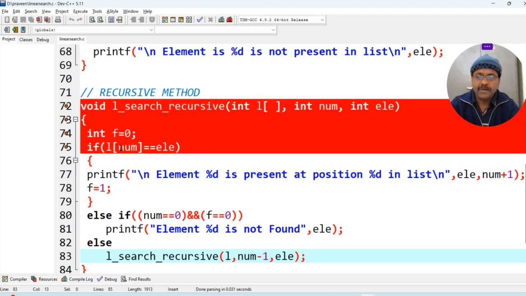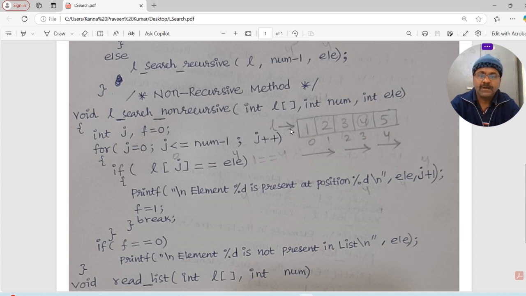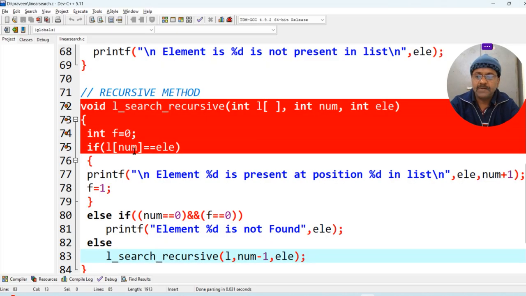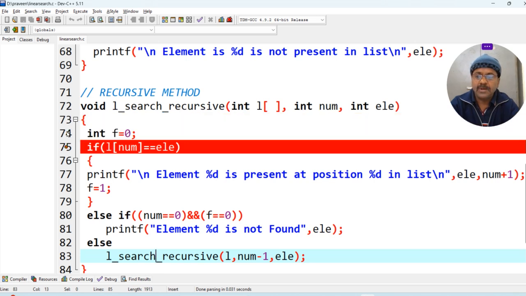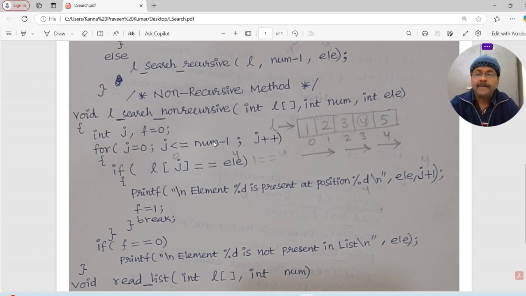Okay, if L of num. What's the L of num? L of 0. You see here, first L of num, my number of elements, what I have given, is 5. L of 5 is equal to key element. What's the L of 5? You see here,